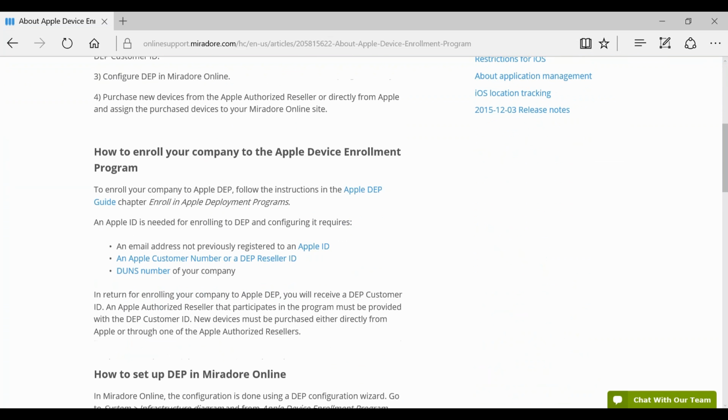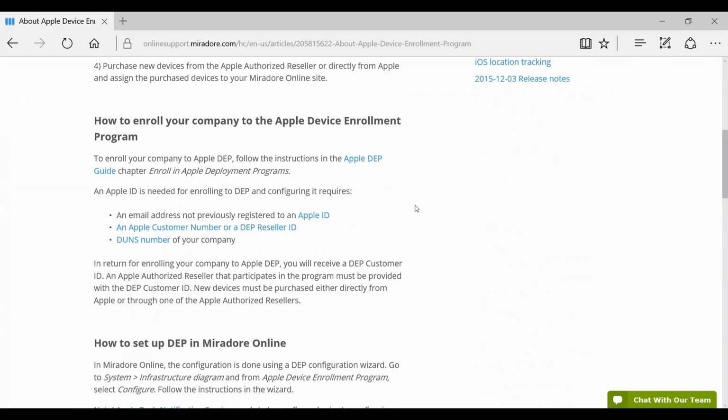There are some things you should probably check in advance. Of course, you need to find a reseller which is supporting the DEP. Normally most of the big reseller companies support this, but it probably limits out the small local stores, for example, so you need to check if your reseller is supporting DEP.